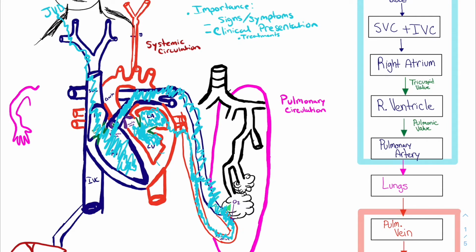This is where you might see your patient present with JVD, jugular venous distension, which is just you have a big jugular vein in your neck, right? And so there's all this excess fluid in that neck, and you can physically see that on your physical exam, which could indicate right heart failure, right? And then if we go